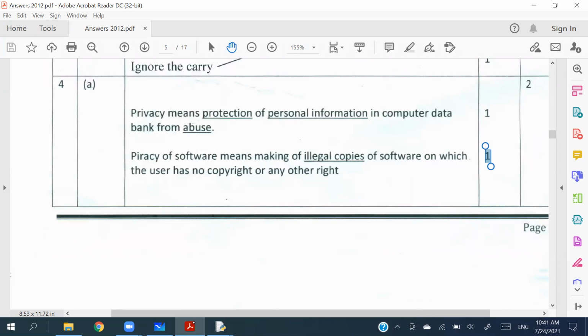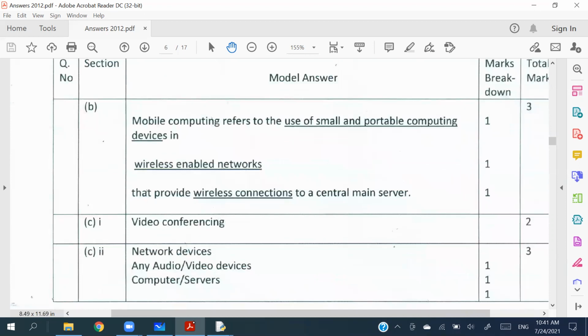All right. Then the B part about the mobile computing. So when you are talking about the mobile computing, these facts are important. Use of small and portable computing devices, wireless enabled networks that provide wireless connection. So it should always describe that these things are wireless, right? So mobile computing refers to the use of small and portable computing device in wireless enabled networks that provide wireless connection to a central main server,